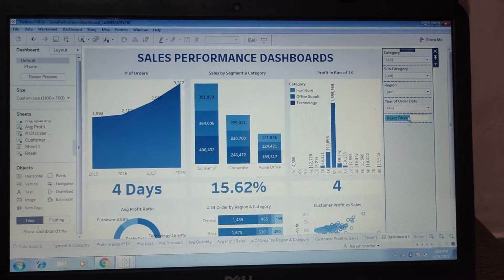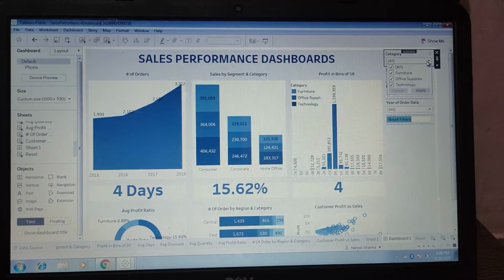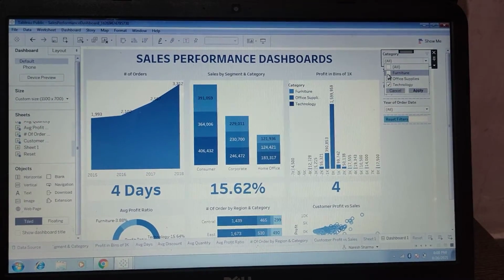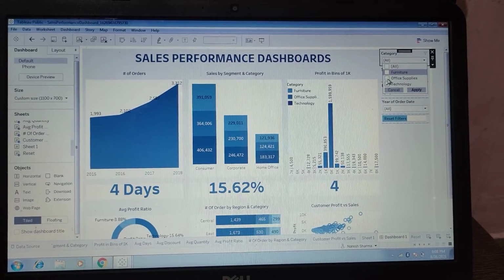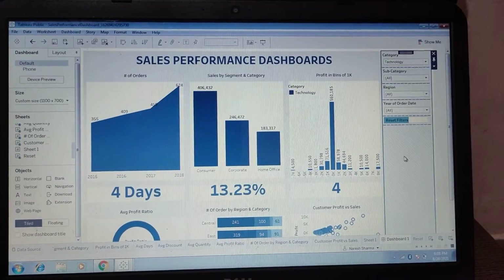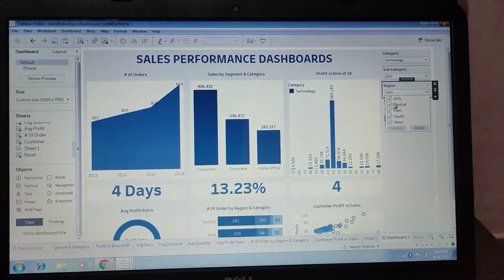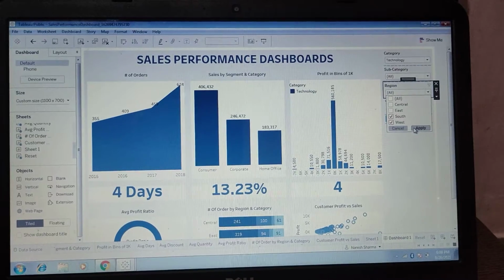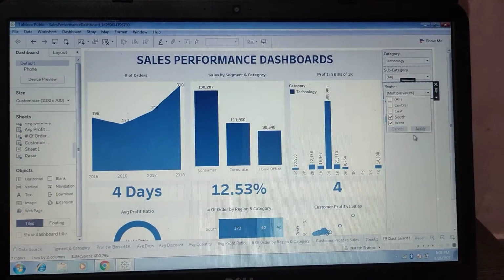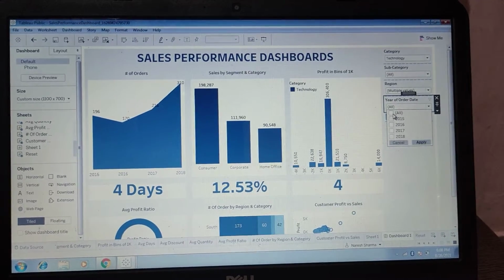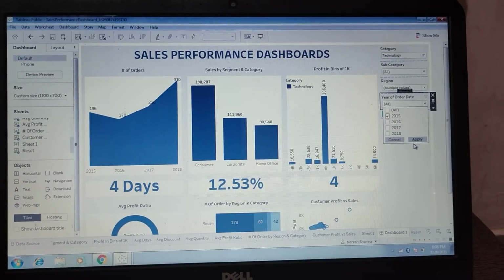I'm taking one more example to show you. We deselect furniture and office supplies, apply, and from the region we select south and west. We can see the data only for south and west, and for the year we select only 2015.